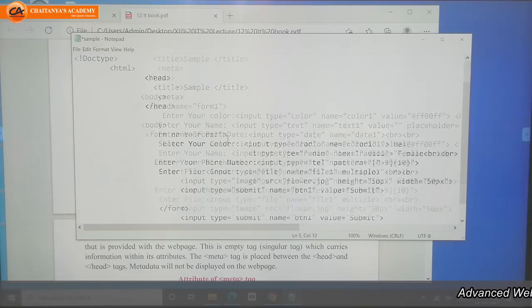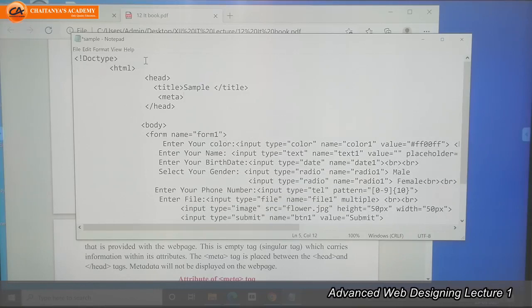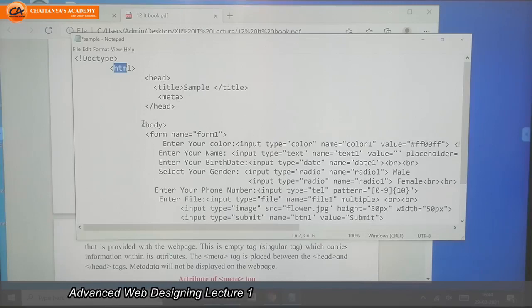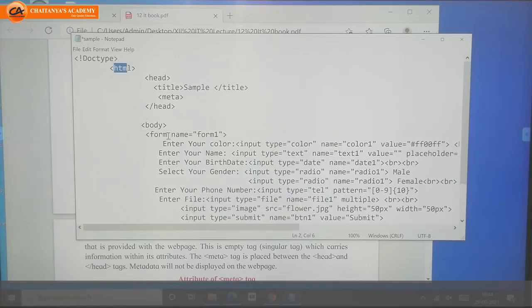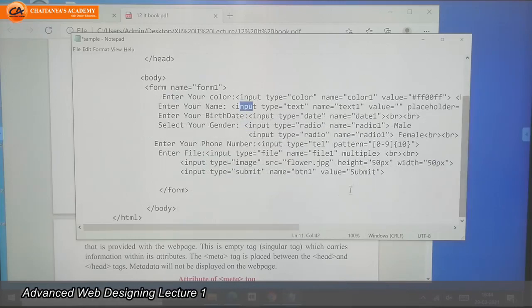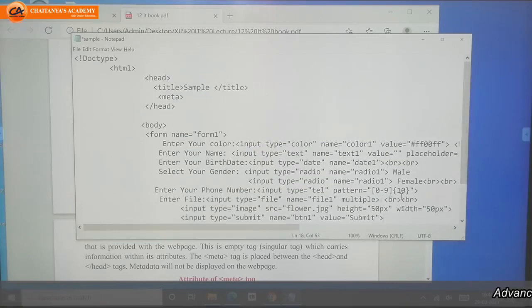Whatever tags we learned here, HTML, head, title, body, form, all have ending tags. But this doctype, this meta, this input tag, we haven't seen an end of the input tag. We haven't seen the end of the BR tag. We haven't seen the end of the meta tag. Some tags do not have an end tag.